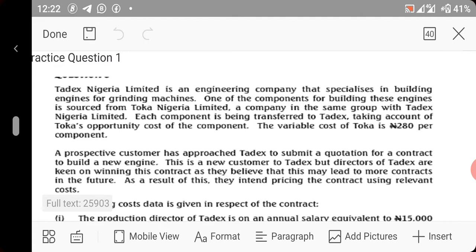I took my time in the previous class to explain what relevant costing is, and we looked at the concept of relevant cost and the things that can be described as relevant cost, where we looked at incremental cost, differential cost, avoidable and unavoidable cost. All right. Then we also looked at how you can identify relevant cost, and there we discussed that relevant cost